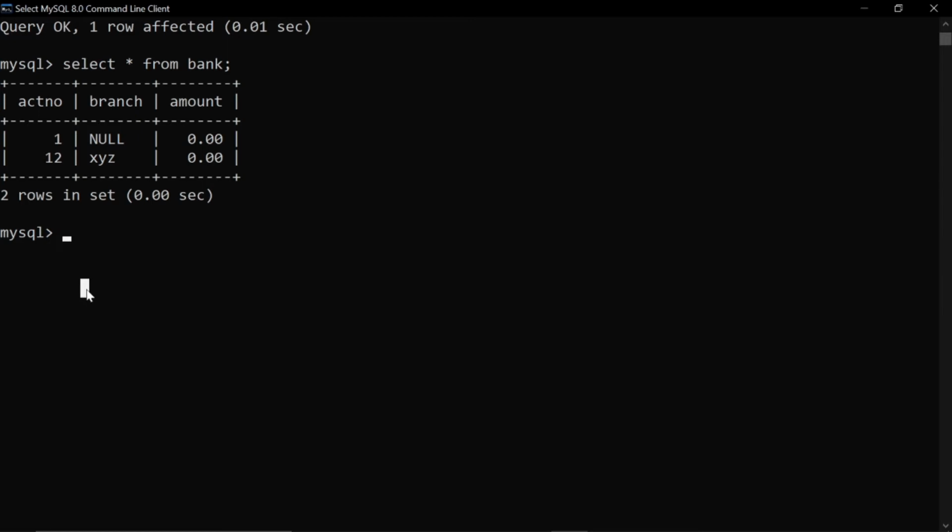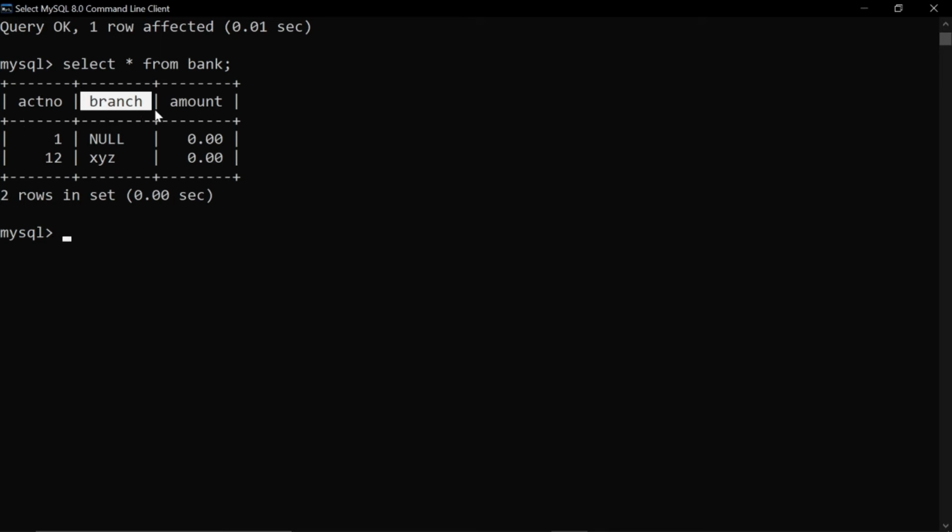Now the most important thing for the default constraint is that whenever you are using a default value, you have to make sure that your default value is the same as the data type of that particular column. Here in branch I have set a default value that is XYZ, so it should be of that data type only, that is varchar, right?